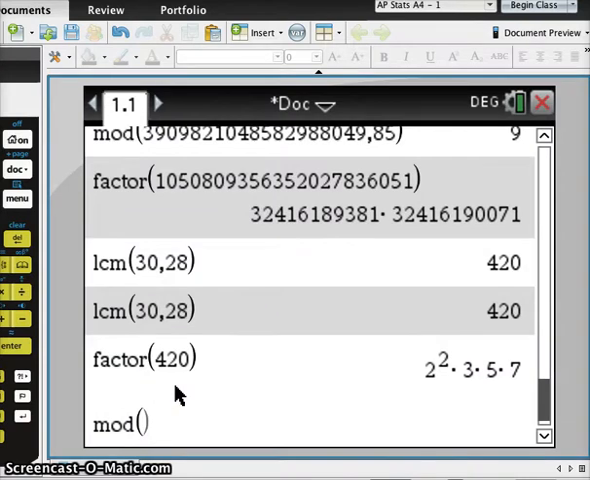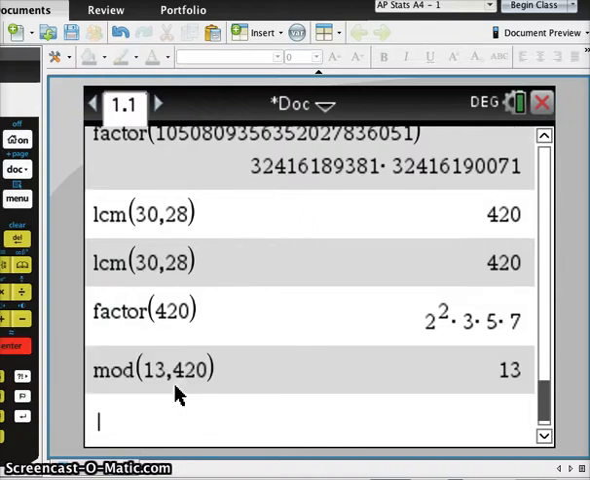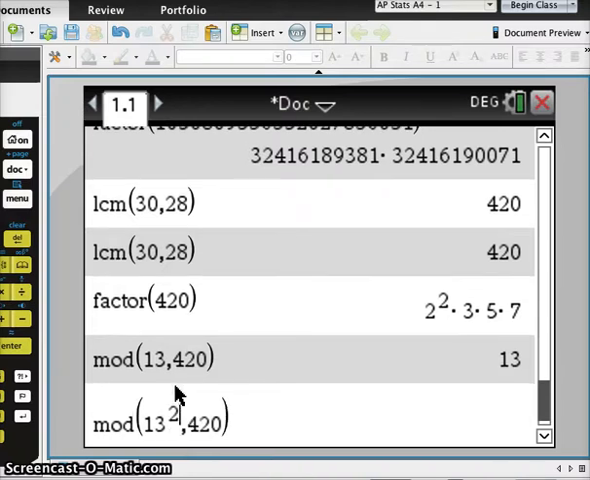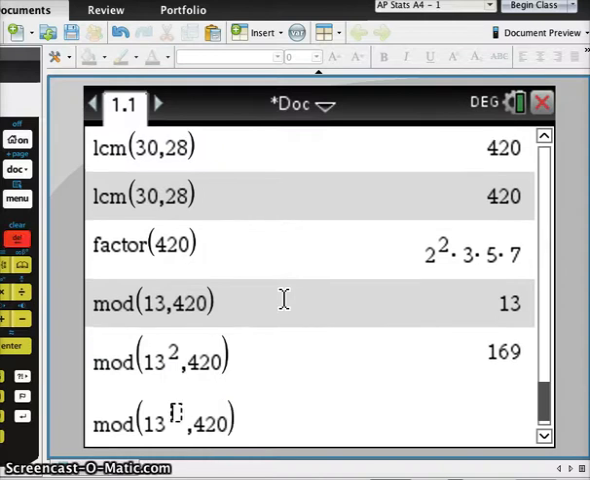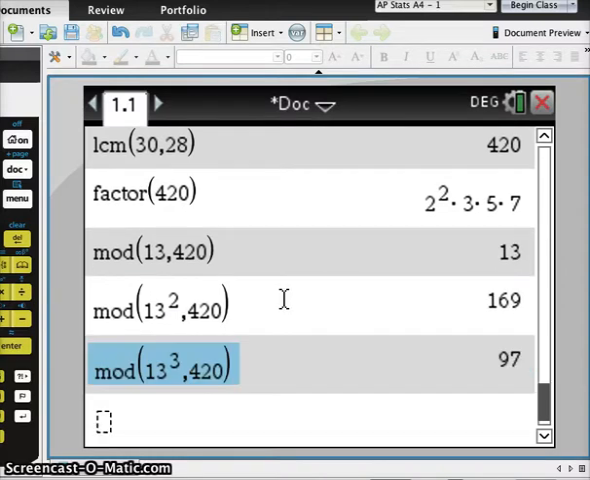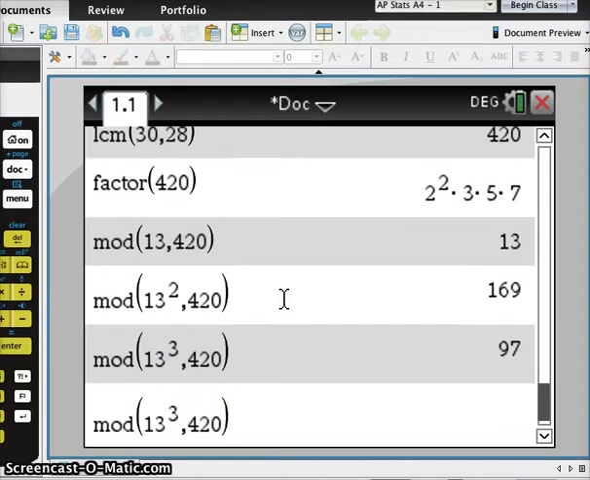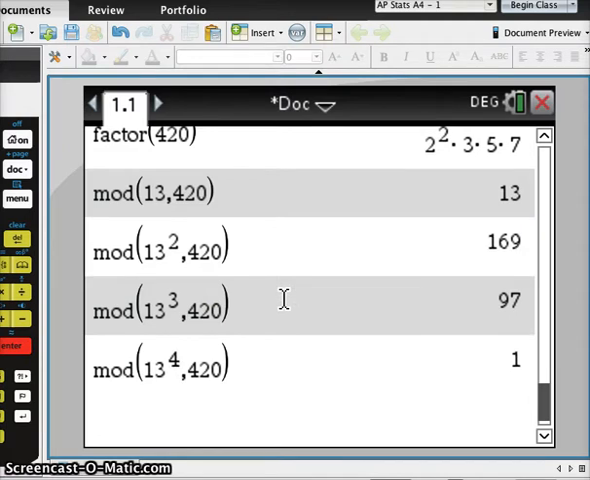But if I go, okay, mod 13, 420. So I'm basically finding 13 mod 420. That's not going to be 1. So I start raising 13 to successive powers. I'll try 13 squared. Notice how I'm doing this. I'm just copy pasting that down, going back in here and changing the exponent. I keep doing this until I get an answer of 1. This seems pretty crazy, but it actually happens right there at